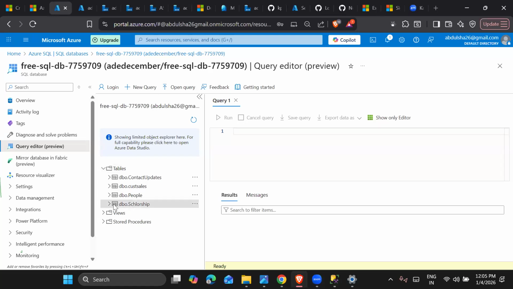So the scholarship table has been created here. If you see, these are the data types. If I want to alter the table, I'll just use the alter table statement,